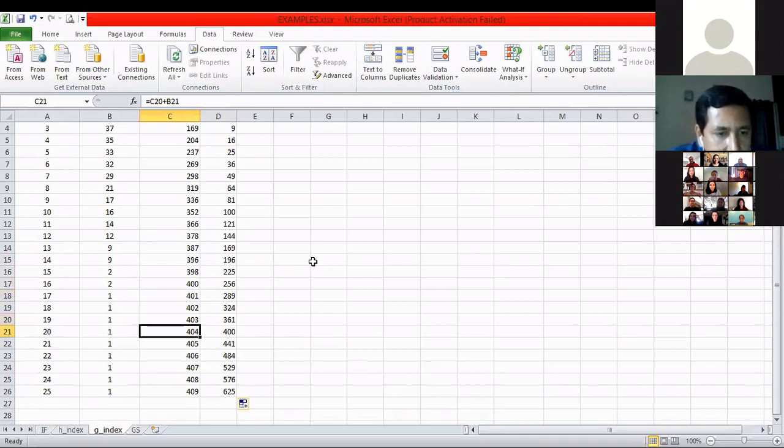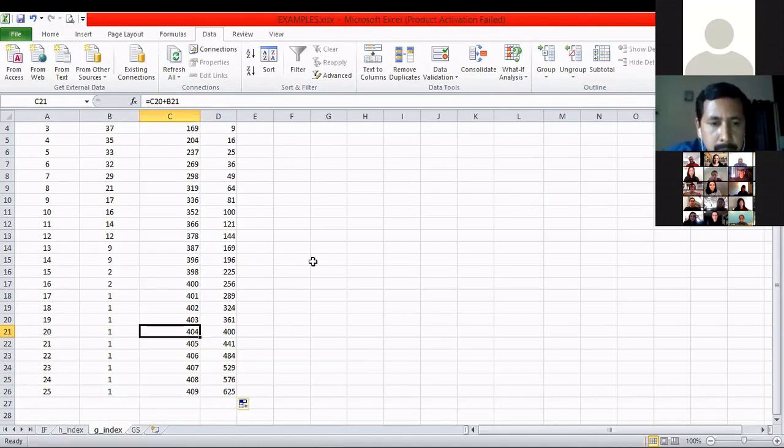And here I come to the 20th rank. For the 20th article, the cumulative citations is 404, and the square of the ranked article is 400.